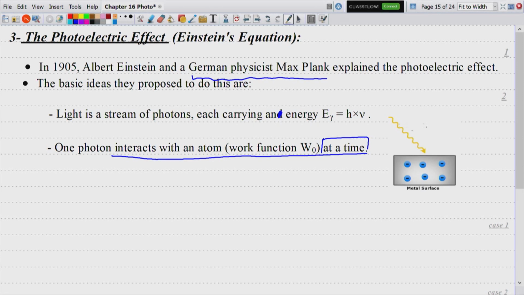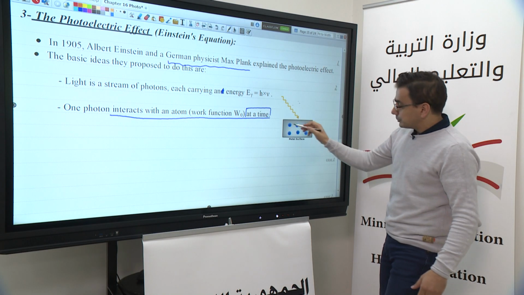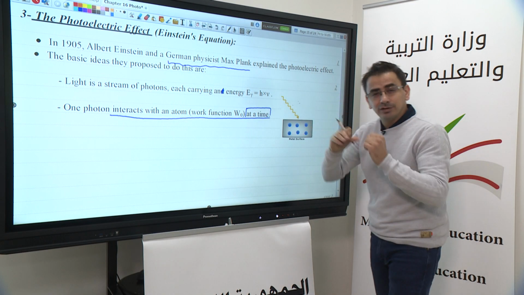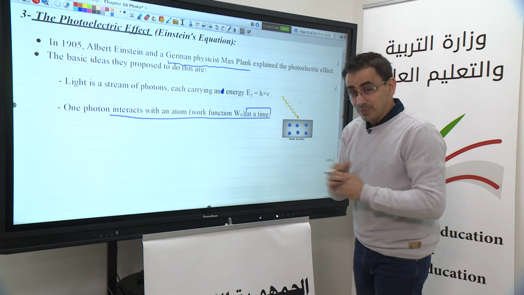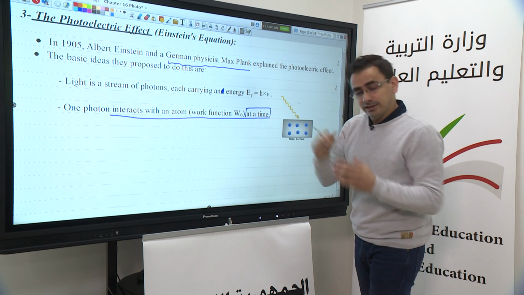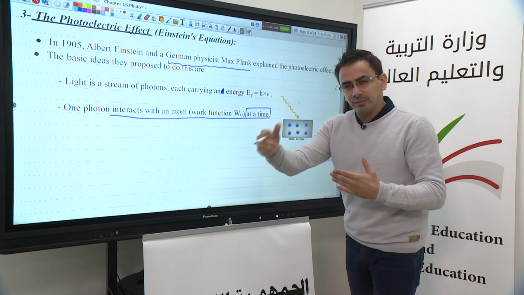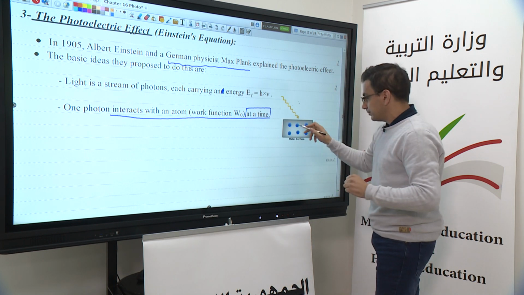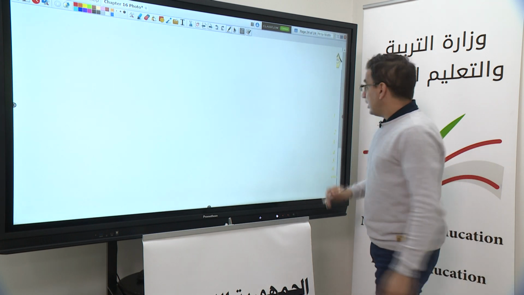Now, what does that mean and how does that help us explain? Suppose that a radiation, some light, falls on a certain metal surface. Electrons are found here. Now we need to extract these electrons to produce the photoelectric effect. According to Einstein, Planck, I will use Einstein from now on and the history can be studied whenever you want. According to Einstein,